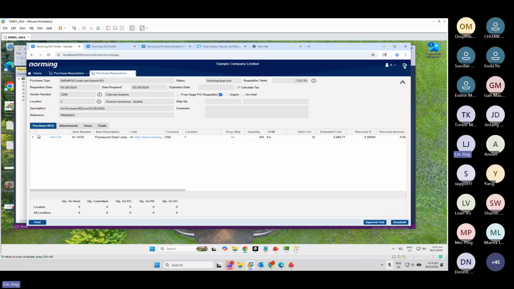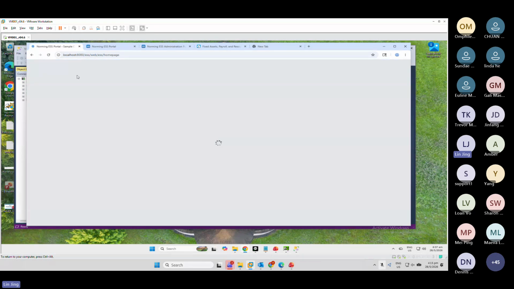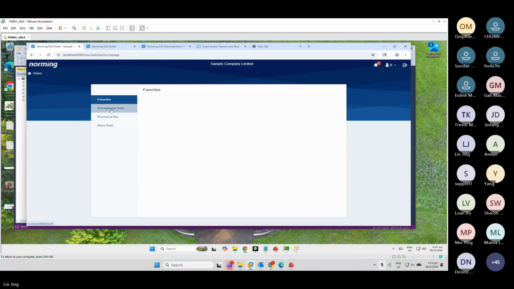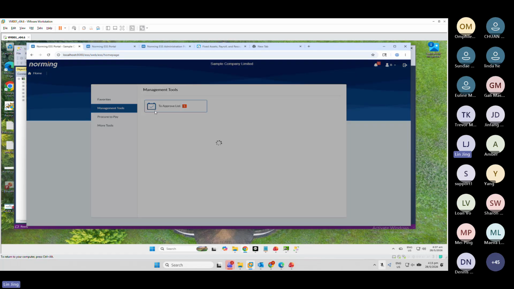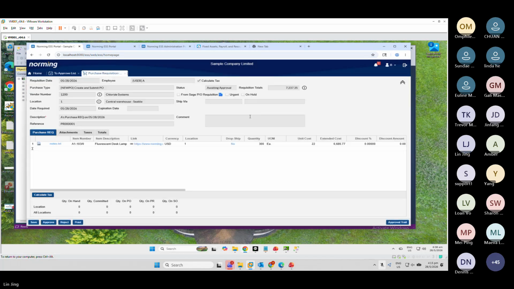You can log into the web. So B is the manager. Manager logs in, comes to the management item to approve this. So B will see there's a pending document awaiting approval. Come to here. So B will then check all the info. If